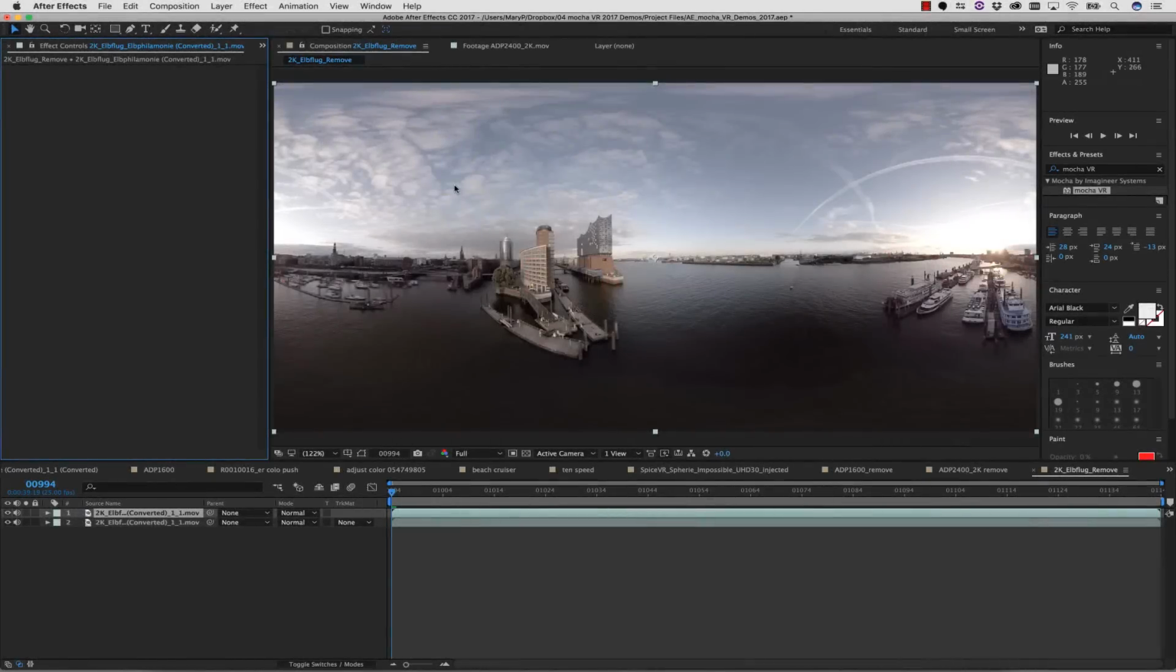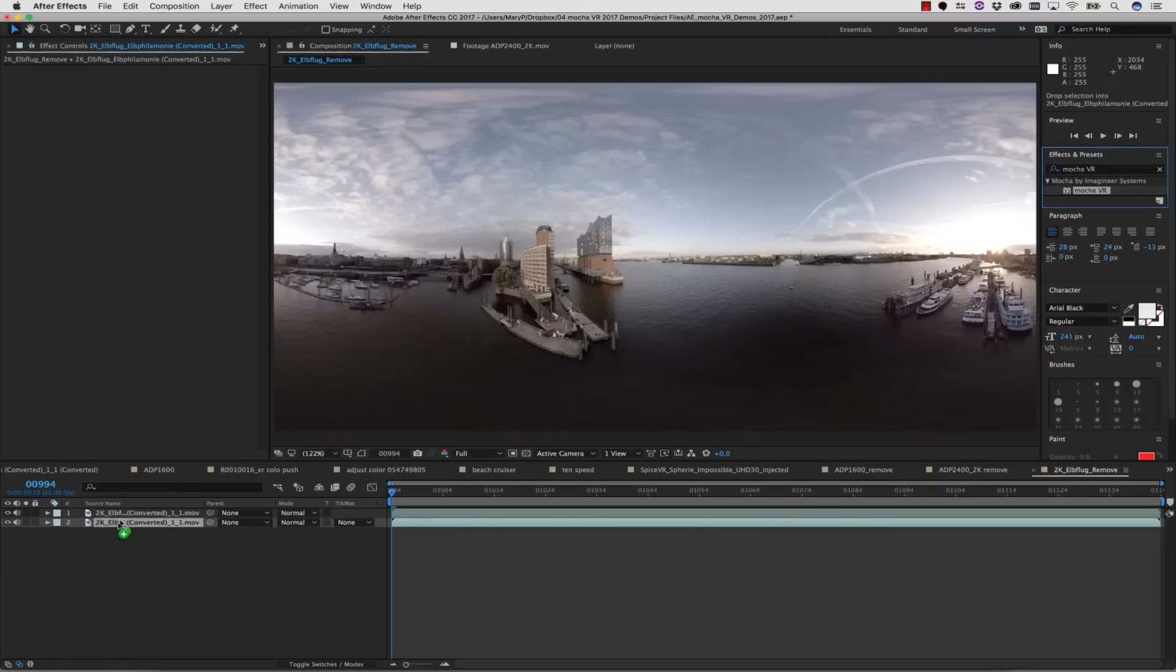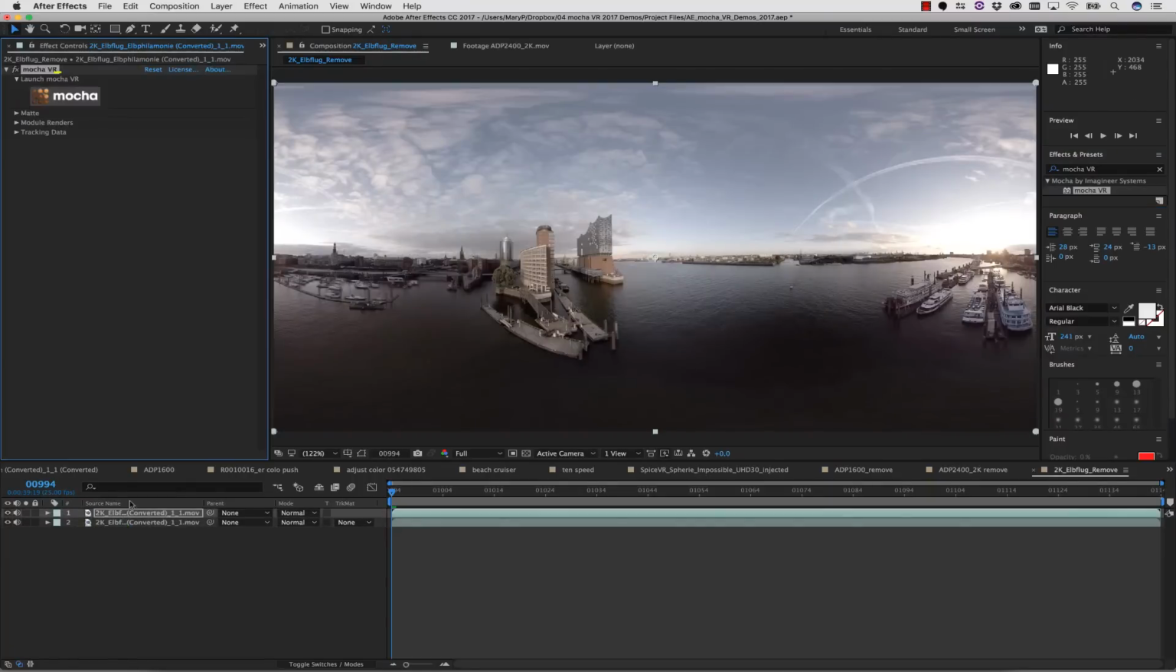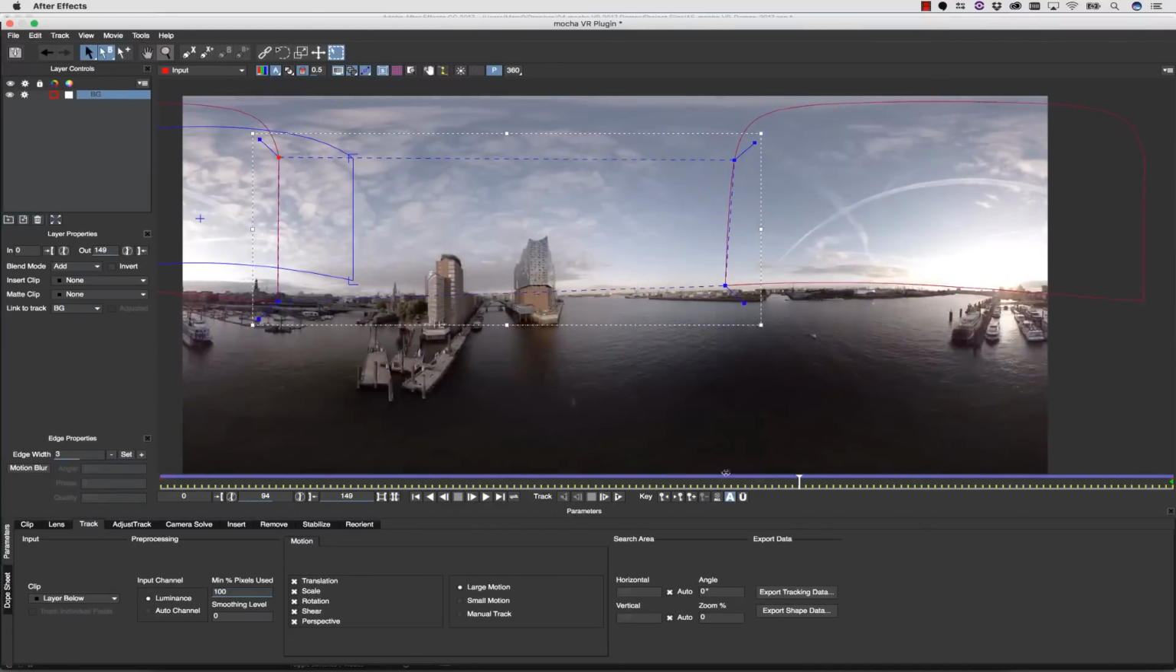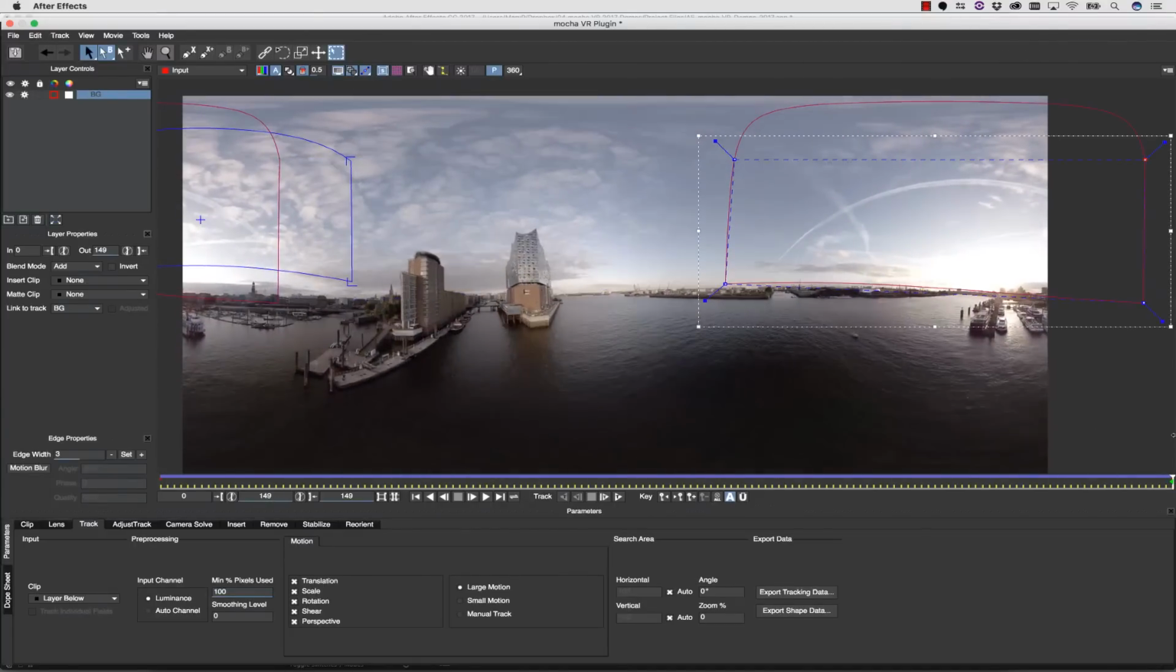But what if you can't see behind the object you're trying to replace? In this case, we're going to get rid of ice crystals that mark a plane's passing. As before, we have to select our Mocha VR plugin and drag and drop it directly onto our timeline. From here, we use the Mocha icon to launch Mocha. To speed things up, I've already tracked this background, but it's as simple as drawing a shape around it and